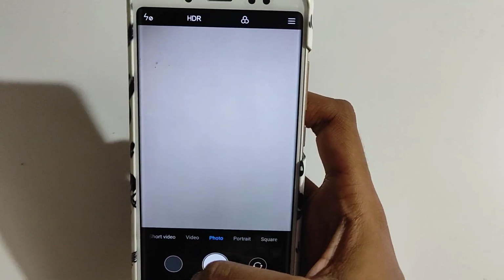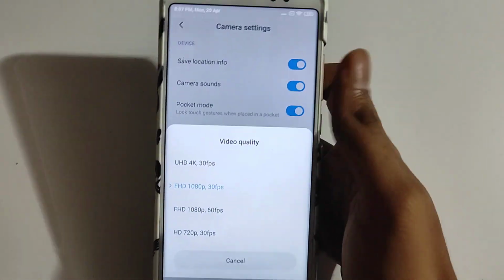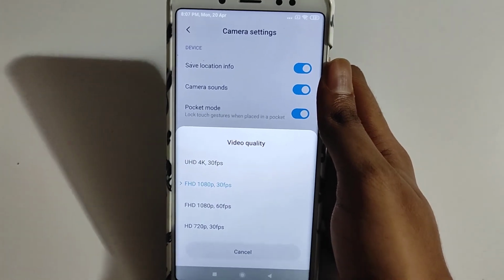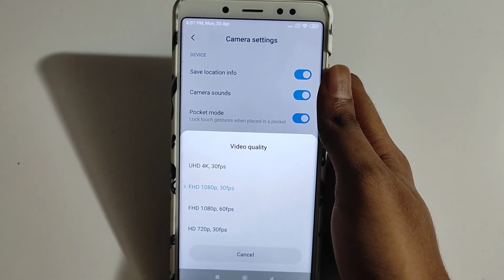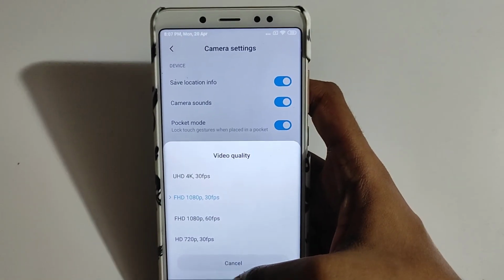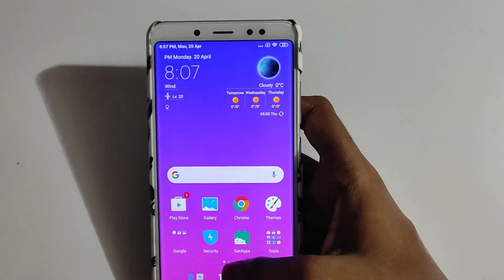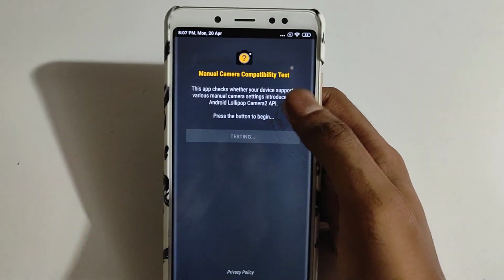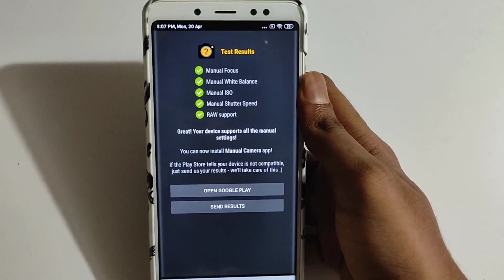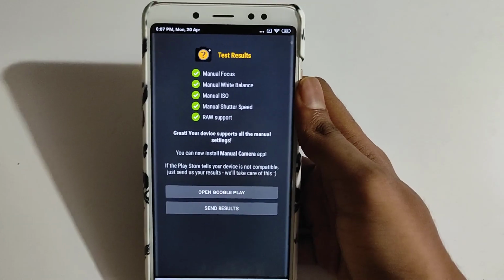So camera is working properly on this ROM. Also in the video section you will get option for the recording video up to the 4K 30 fps. On the regular MIUI you can't record up to 1080p 60 fps, but on this ROM you can record up to 4K 30 fps. So that's pretty cool. Also on this ROM you can install the Gcam. Let me show you guys. It does support camera2 APIs, which means you can install your favorite Gcam on this device as well.